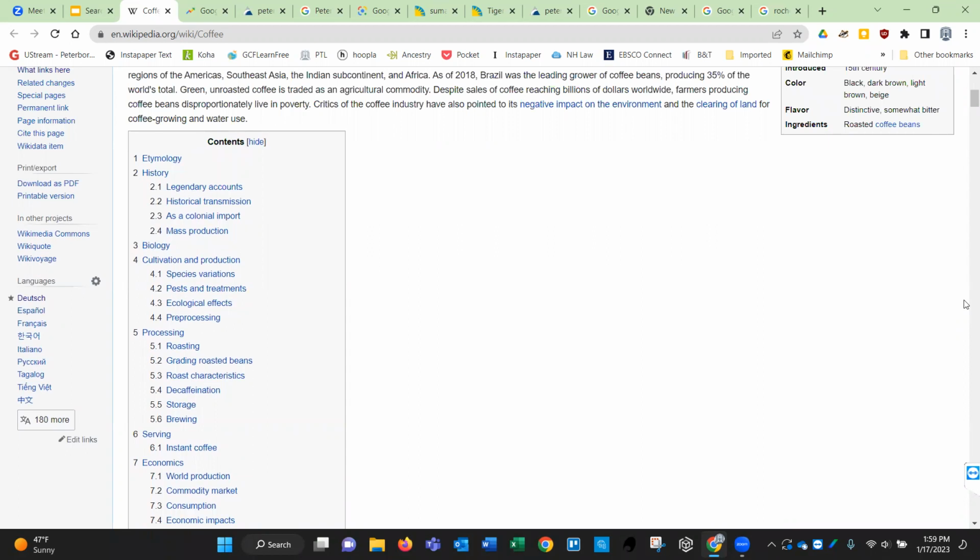Now, if you look at this left-hand side, you'll see languages. This does not mean that this article is translated into a different language. They are actually different articles. And if there's a star by a language, that means that it is an article that the editors feel very strongly, very positive about. So let's look at the article about coffee in German.